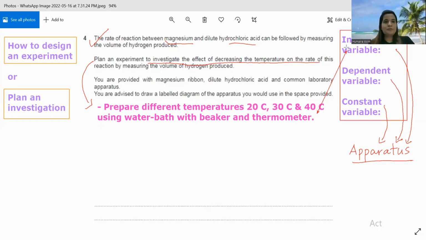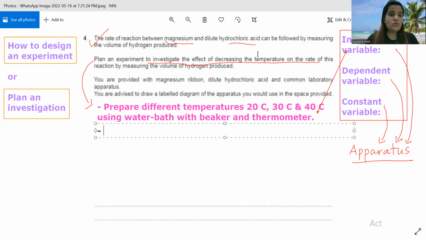Now next, you are provided with magnesium ribbon, dilute hydrochloric acid, and common laboratory apparatus. So now here, before we go for dependent variable, that is the amount of gas, right? Let's talk about constant variable that we are going to use. So what are you going to use? The very next point, I'm changing different colors so they will not mix up. What you are going to use, you are going to use pipette